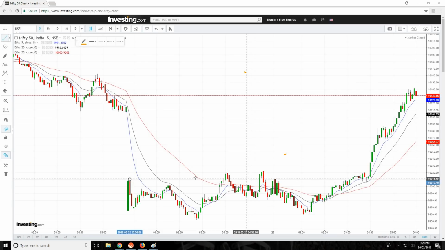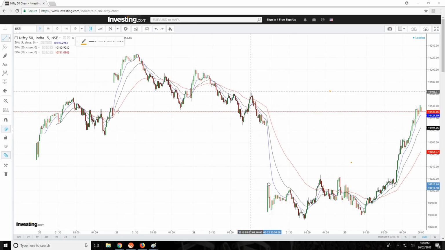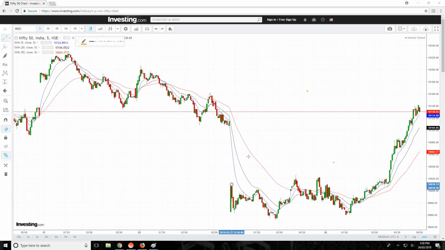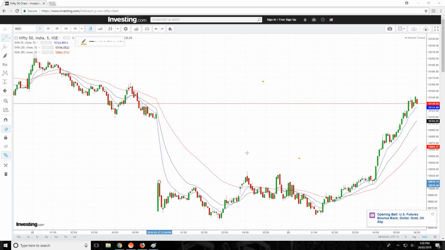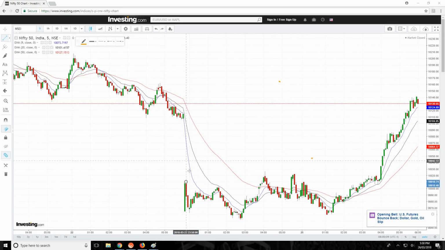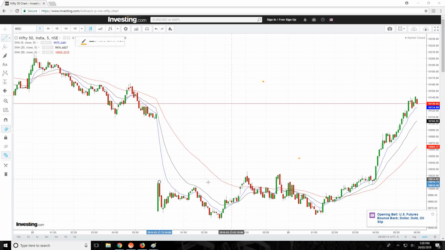So what I did first was, this is yesterday's data. What I do first is I zoom out and get an overall view of the chart, and I try to look for any patterns being formed, or any points that I can connect to make good trend lines. I didn't see much yesterday because there was a big gap down. So I started off first